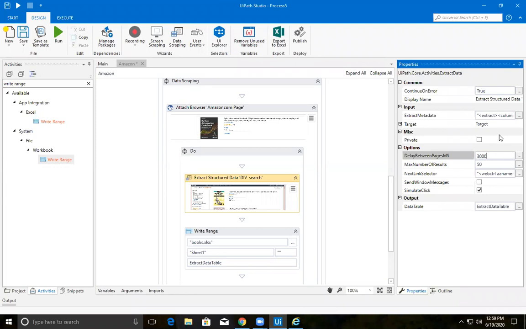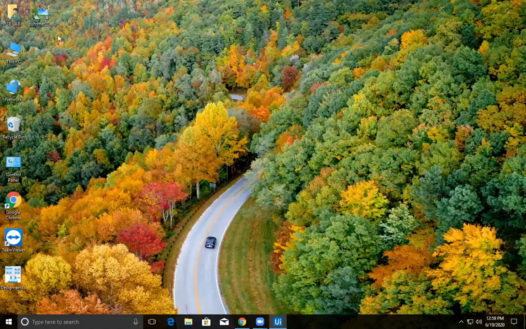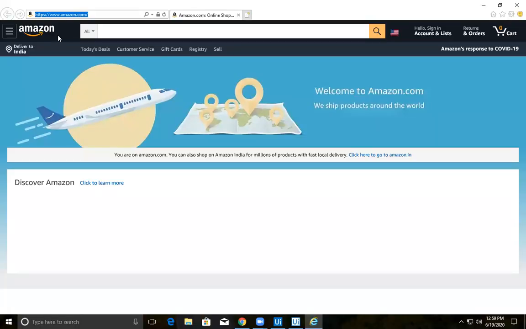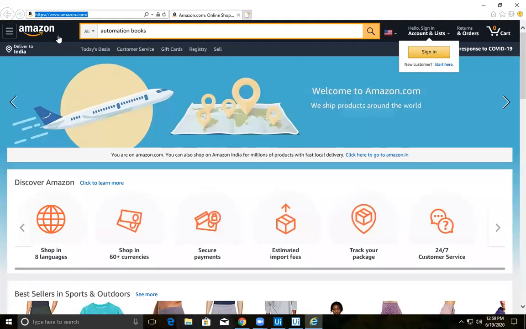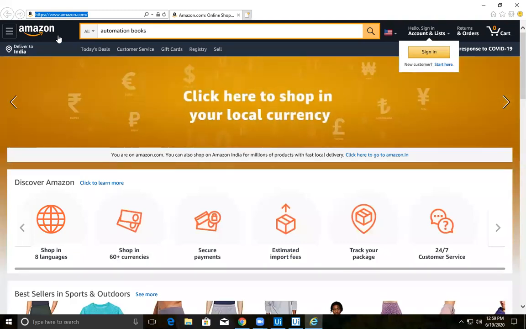So let's provide some delay between the pages. Okay, let it be 3000. Let's try in this manner. This is the most common problem that web applications will cause us.